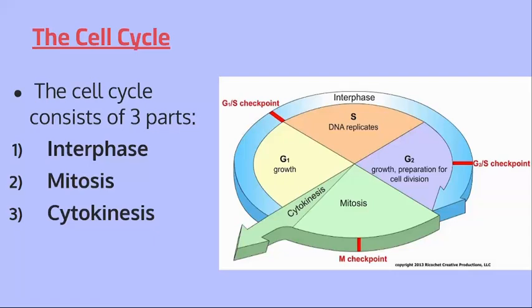So you can say that all of these are part of interphase. You have the growth, you have the replicate, and then you have preparation for cell division. All of these are interphase. And then only 25% of it, or even less, is mitosis. And in mitosis, it's further divided into 5 groups. Well, not including cytokinesis, then it's 4 groups. You have the prophase, metaphase, anaphase, telophase, and finally you end on cytokinesis to check that you are actually a